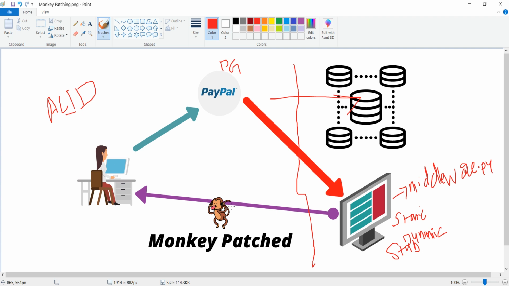Again, to give a clear definition, it is a dynamic replacement of attributes. Attributes in Python are nothing but your classes, methods, and variables.